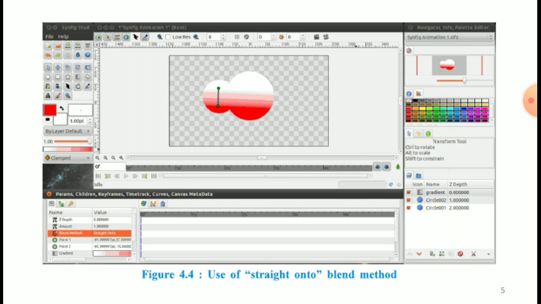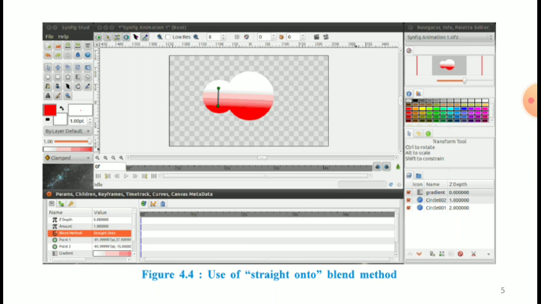By default, the setting is composite, which simply displays the content of the layer in the blend method parameters. Change the setting to straight onto as shown in figure 4.4.